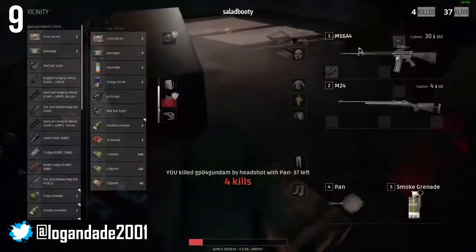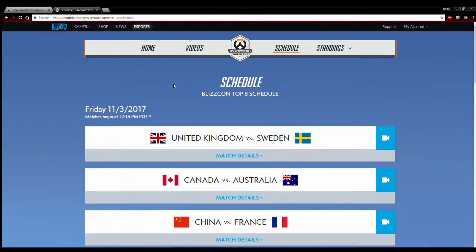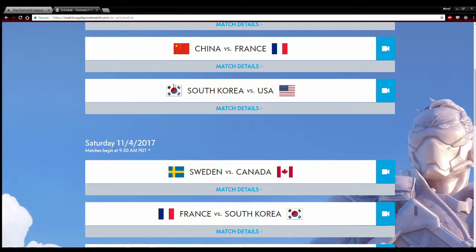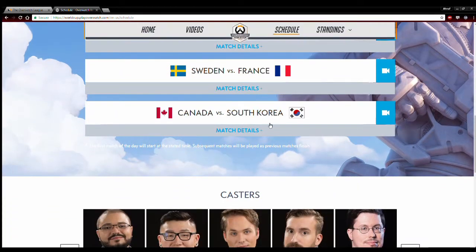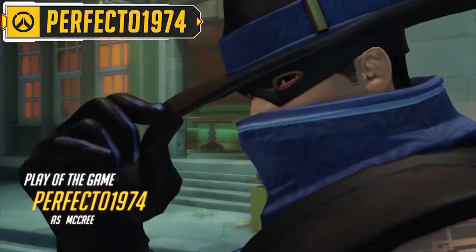On the graph, we highlight 2 points that are important. The first point is the final of the Overwatch World Cup, which resulted in a 590% spike in viewership. The second point highlights the first day of Overwatch League, which increased viewership by 500%. The increase in viewership on these specific events shows that adding a formal competitive element can increase engagement.